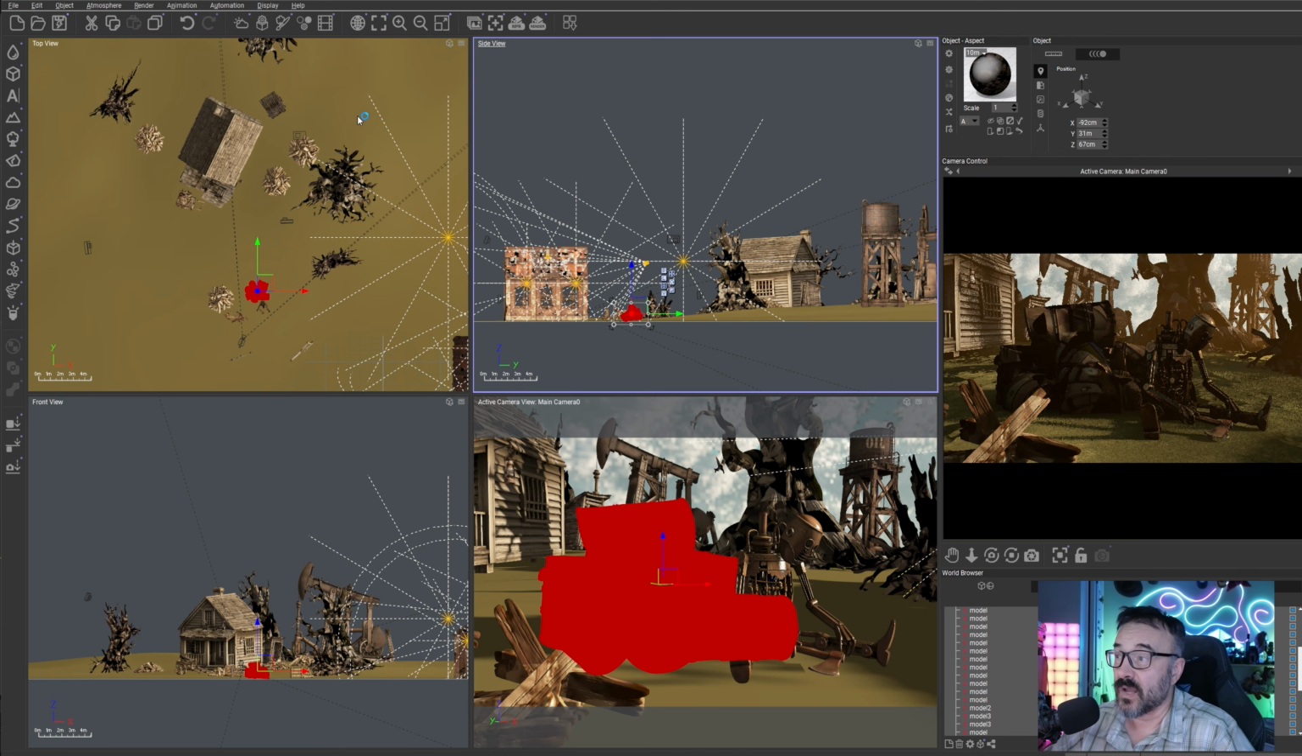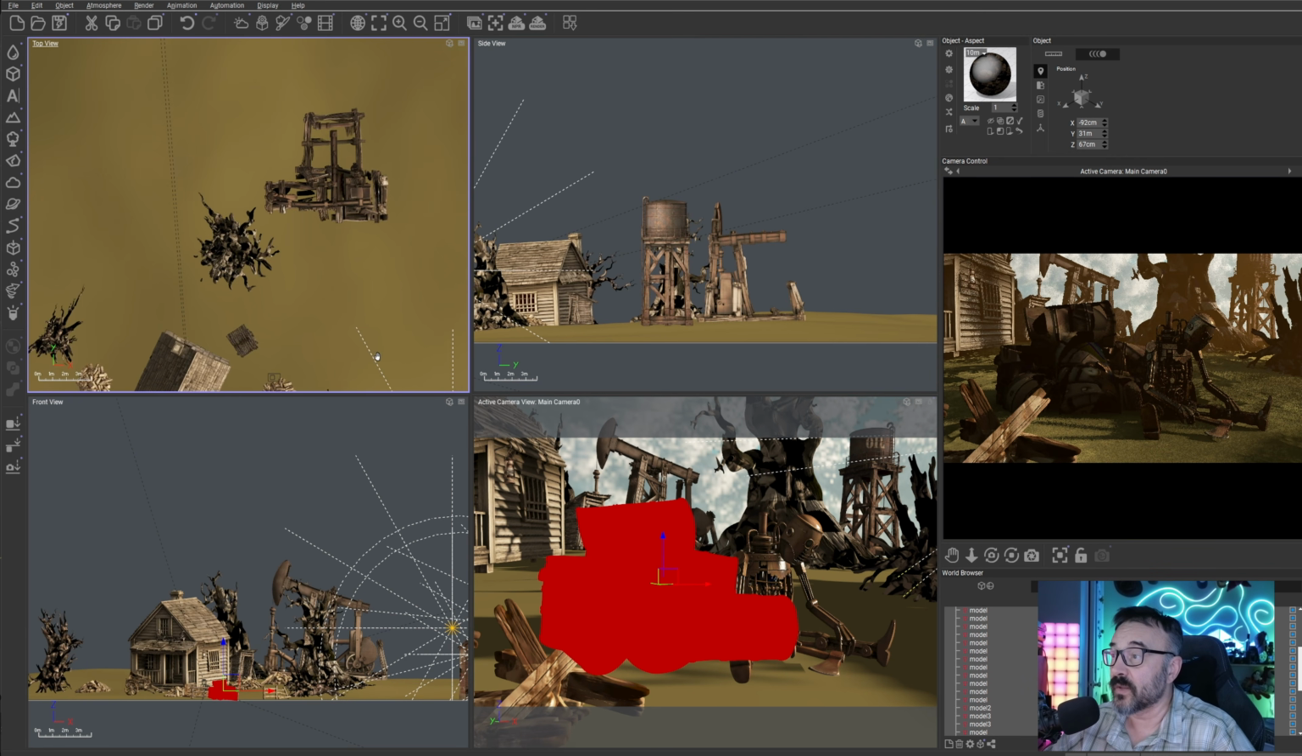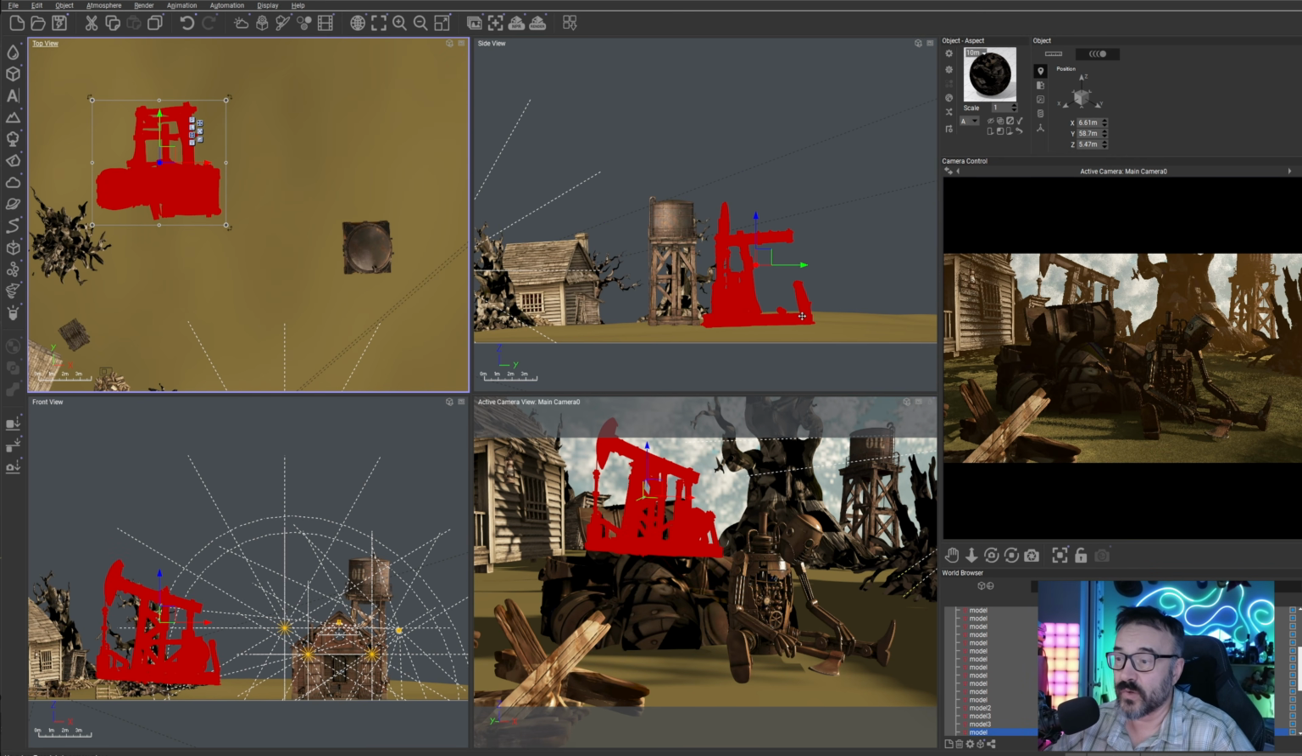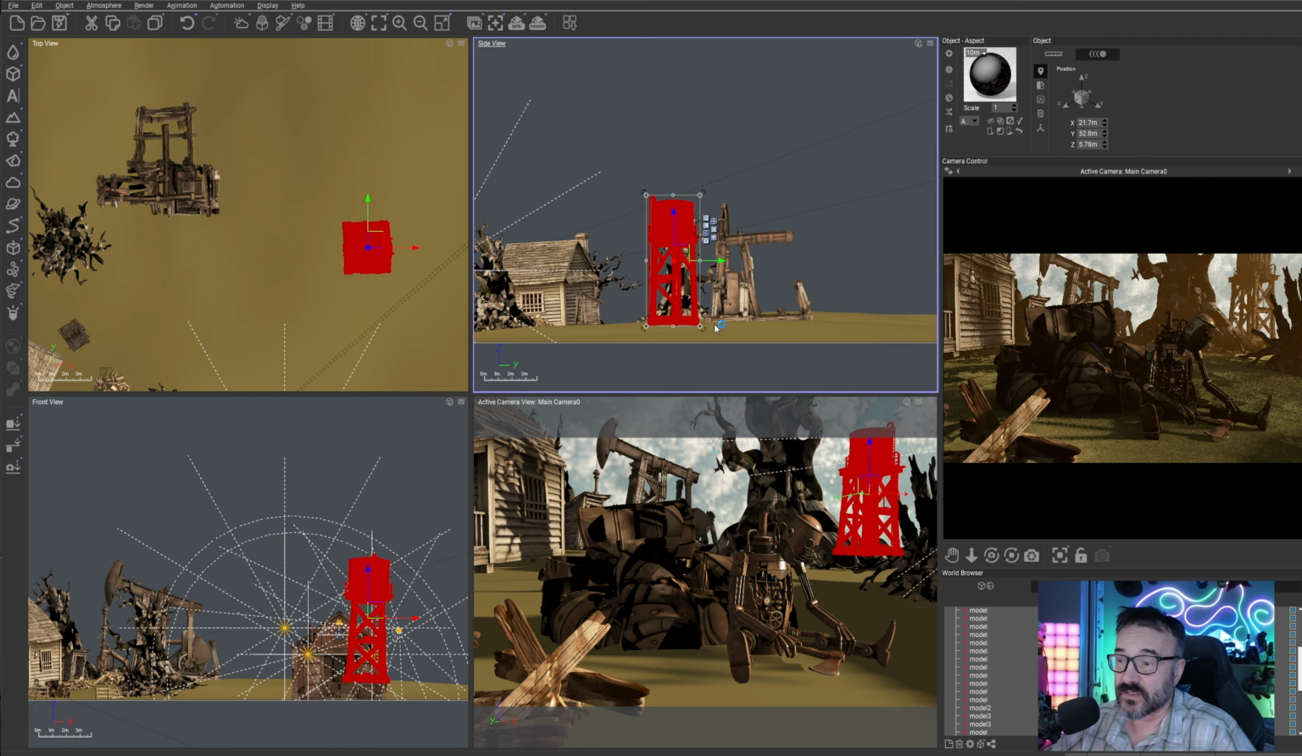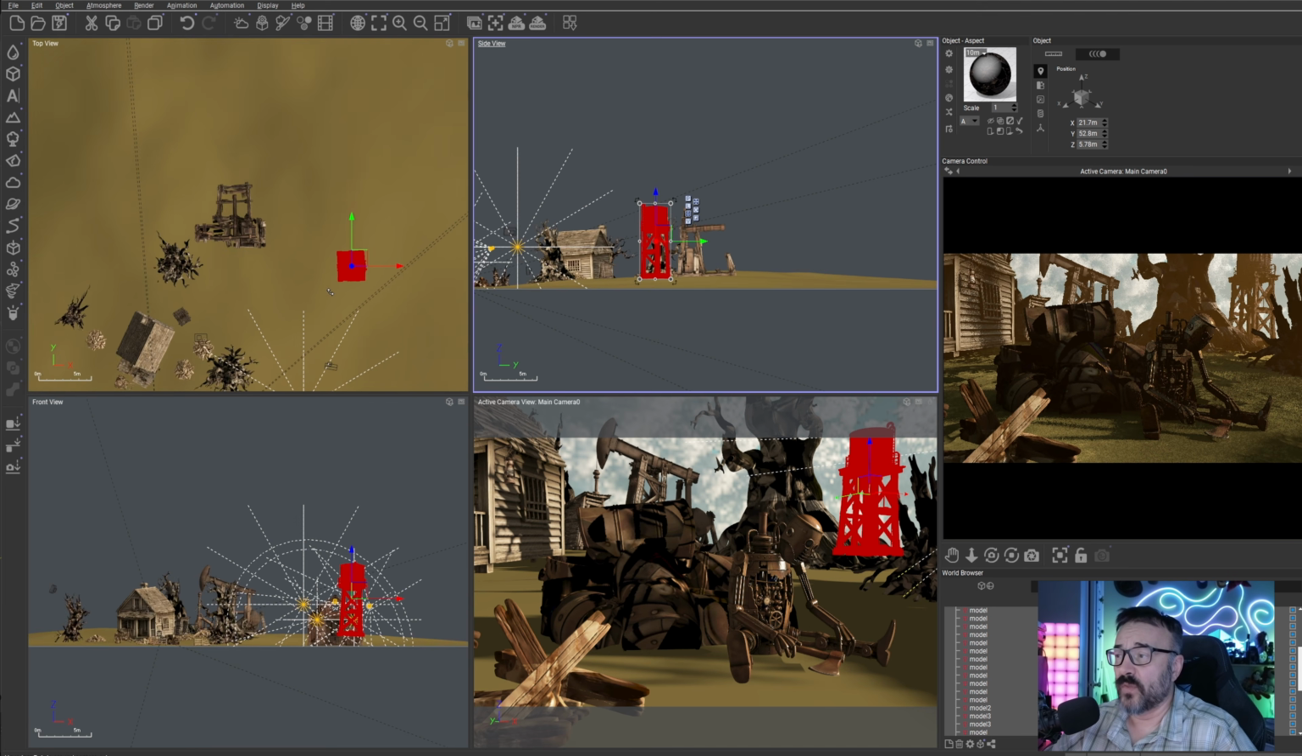You can see I took these elements and I put them around. Like this is our oil rig. I have different versions. This is our tank. This is our robot. One thing I needed